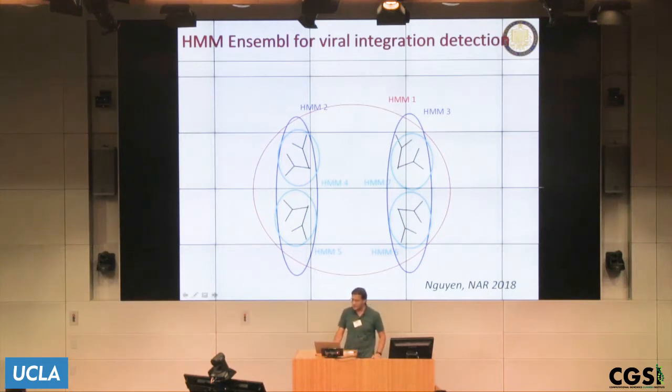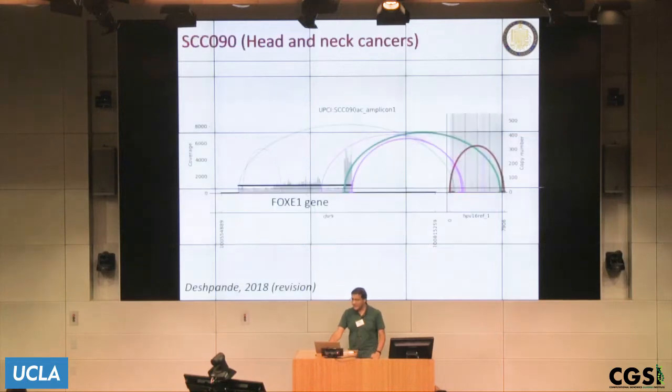postdoc, Nam, he built this interesting thing which we call an ensemble of HMMs. It takes the entire phylogeny of HPV, and for different clades of the phylogeny, it builds different HMMs, and then it takes all of those HMMs and searches, and that allows them to find these sort of human insertions in the viruses, okay? And so we find these regions, we get this region, sometimes there's amplification, then we run AmpliconArchitect